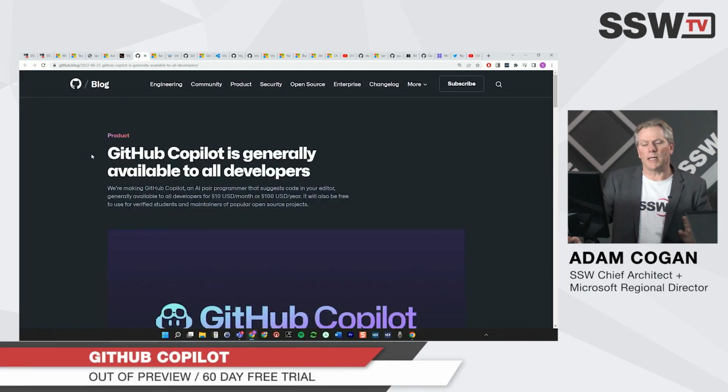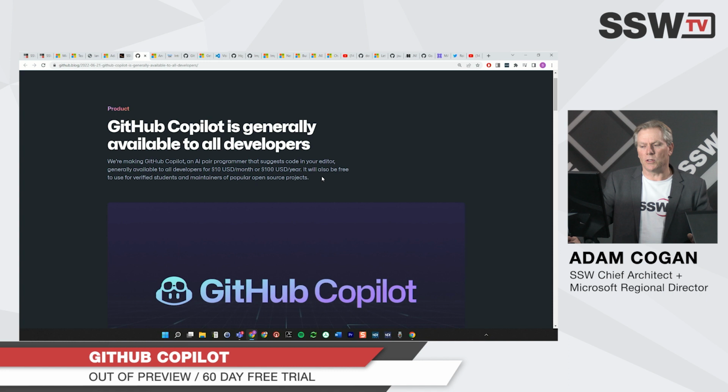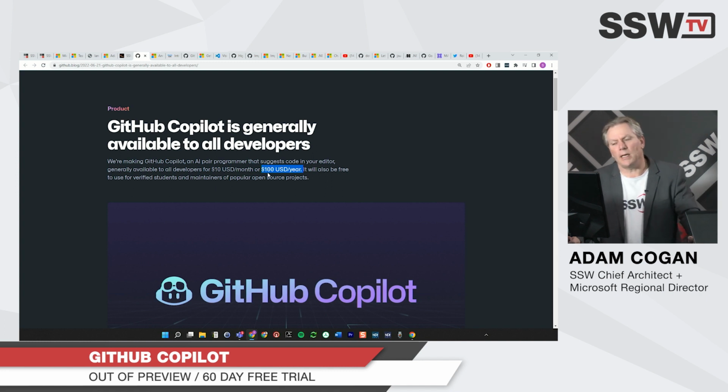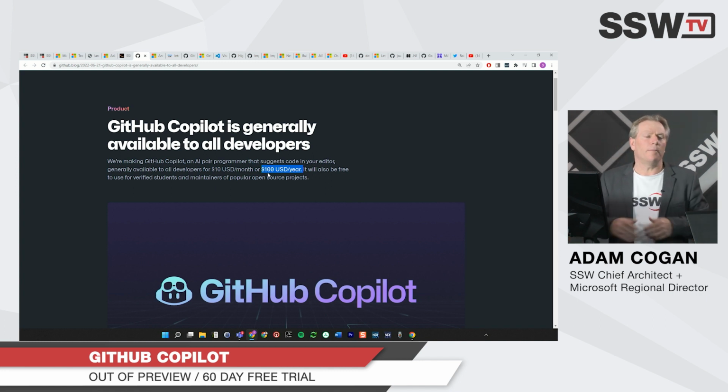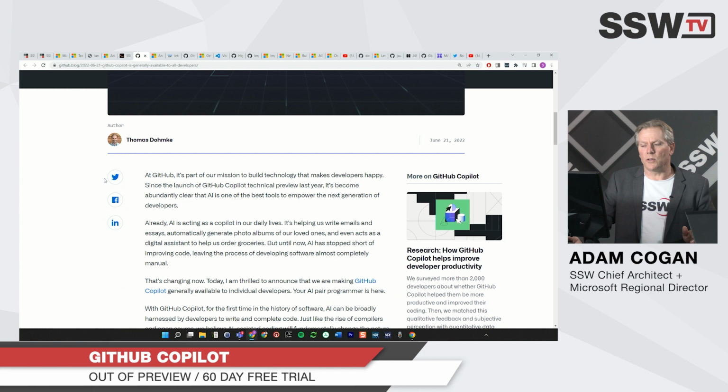The next piece of news is GitHub Copilot. So we've been using that in beta for a little while, and now it's GA, which means it's released to the public. Everyone can use it, but now it costs money. So you're going to have to work out if you want to spend $100 a year for an amazing leg up in your development. So I will be surprised if people try this and don't get value out of it, but the only way to work it out is to do the